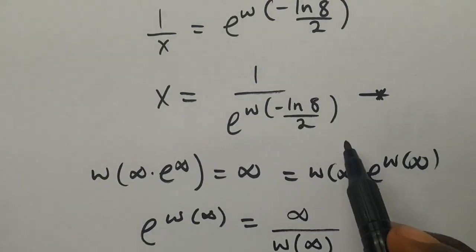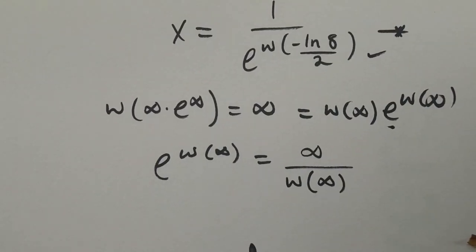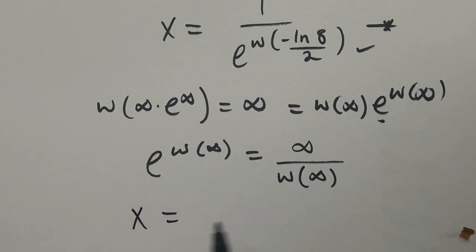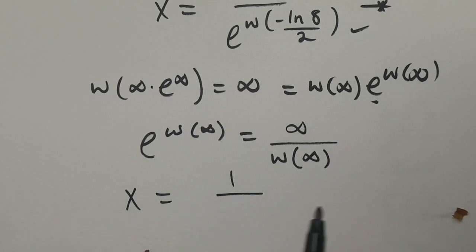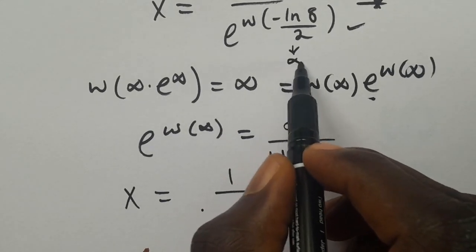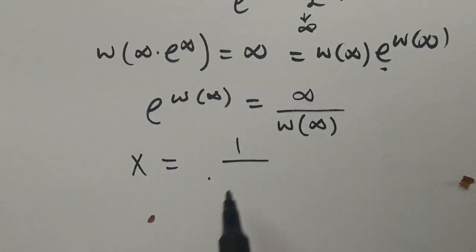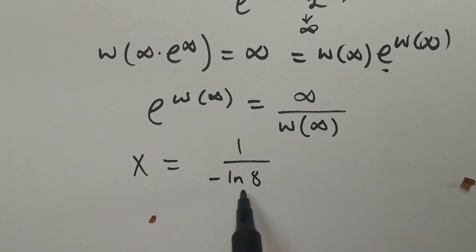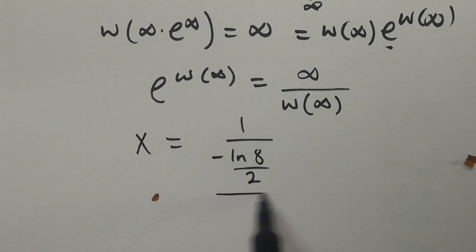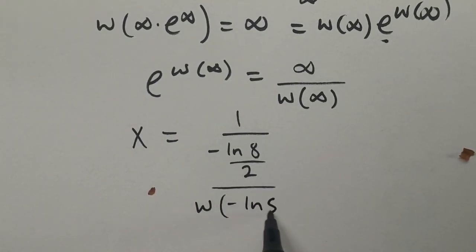So by applying it here, definitely we are going to have our x equals 1 divided by, this is our fish, then it will be minus ln of 8 divided by 2,